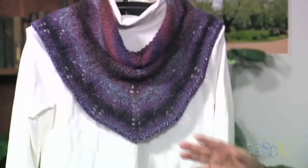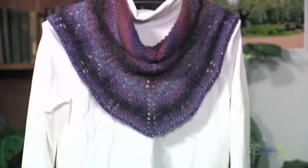And then there are so many different color beads out there. This one I happened to find a nice pink that went with it. But this one here, I actually found, oh, that was the other thing too. On the heavier weight yarn, on this particular silk and wool blend, because it's a little heavier, I used a size 2 or 3 bead on there because you need to be able to go through both strands of yarn. On this one here, I used a size 6 bead because this yarn was a little bit thinner